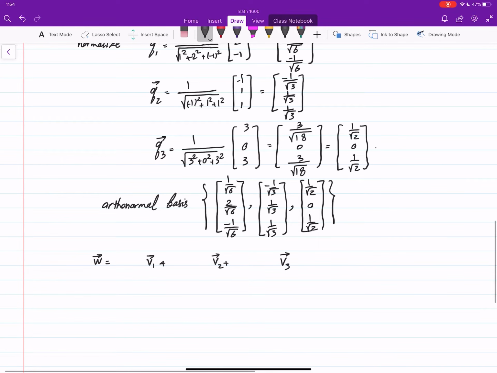So far it means it's a basis, but when it is orthogonal, we have these coefficients given this way. And for V3,